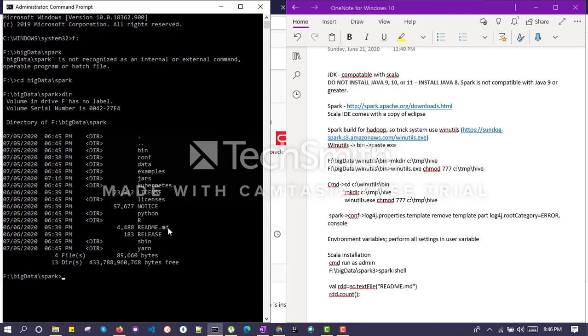So we have a file named README.md. So we will check this file. For that, just run the spark-shell command over here. Just give a moment, it will launch.